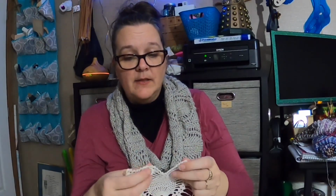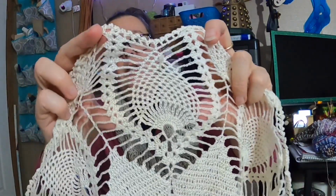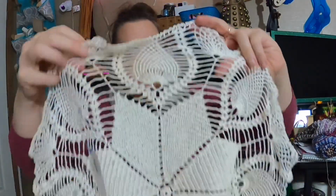And I believe it was my grandmother Gens, my mother's mother, that used to crochet this pineapple motif in a lot of her doilies and things. And so I just thought that would be a great little homage to her on my sewing table. It does need a wash. Everything will need a wash, but